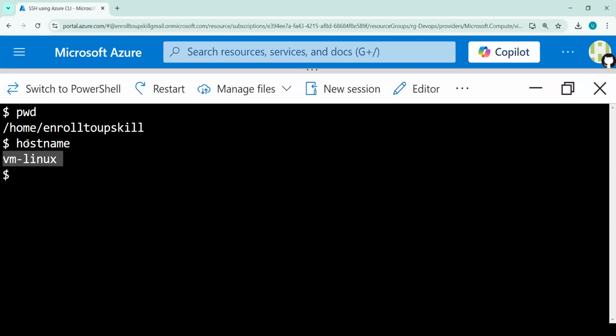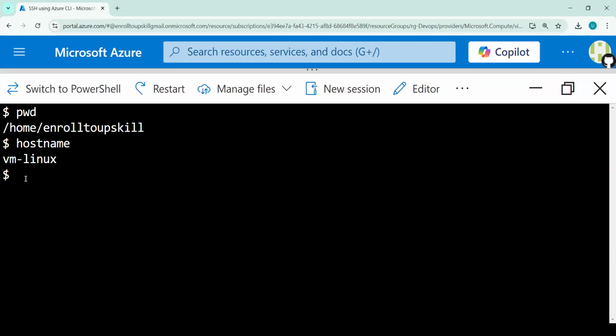So this command is useful when you are dealing with multiple servers. Right now we are connected to only one Linux server, so we can easily remember where we are. But there may be scenarios where you connect to 2 or 3 Linux machines from a single machine, and at that time you need to understand which machine you are currently accessing or using. In that case, you can use the hostname command. It will tell which machine you are using.